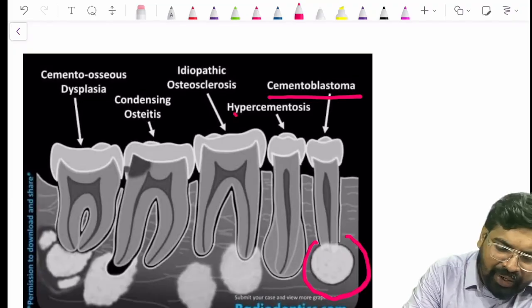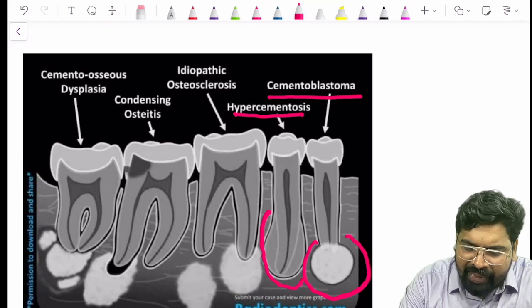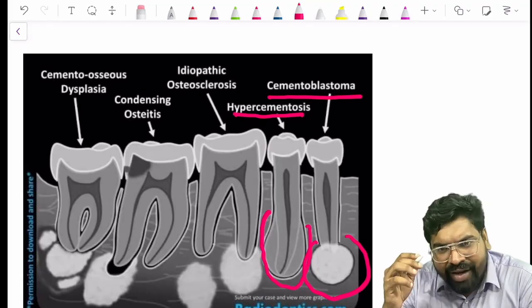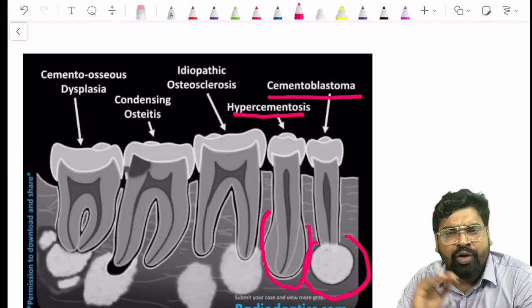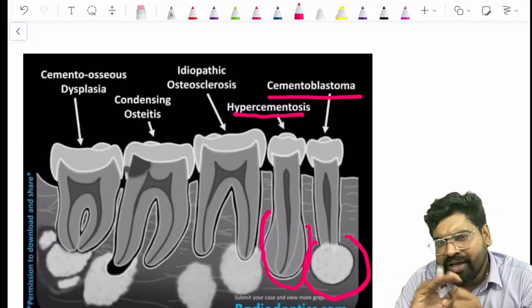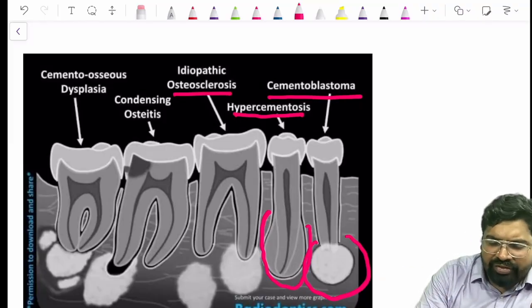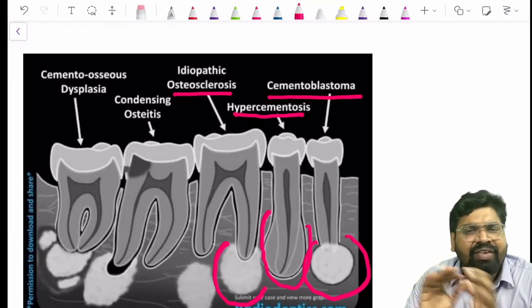But in hypercementosis, you have radiolucency, but it is attached to the root surface, and you can see the root apex there. It is not that radio opaque to mask the root canal or the root apex. In idiopathic osteosclerosis, the bone below the root apex is having some sclerosis,